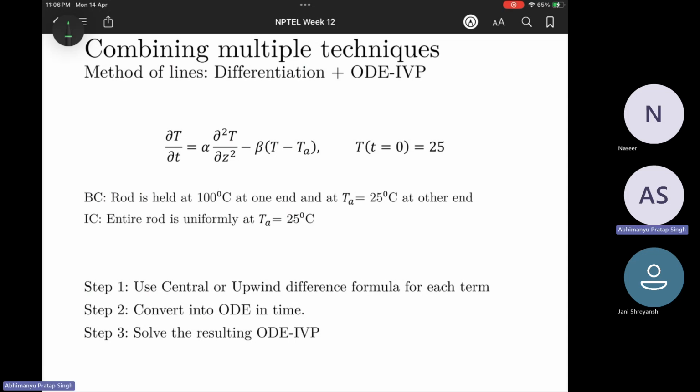So what we do is that we discretize this using central difference or any of the other methods. Usually central difference is preferred because it's much more stable as compared to backward and forward difference. And then we get a set of linear ODEs and we solve for them. So if I write it out,